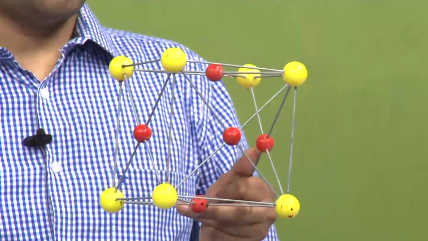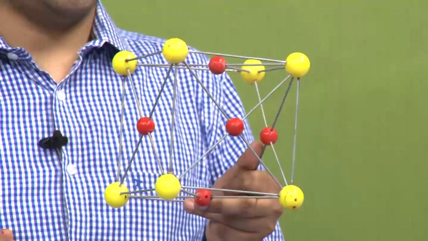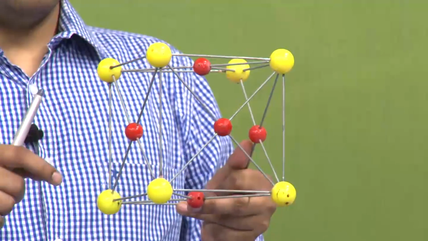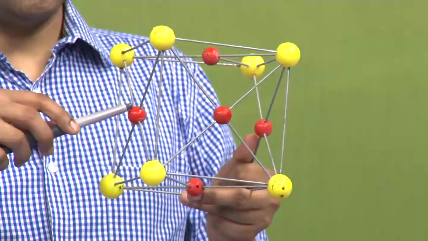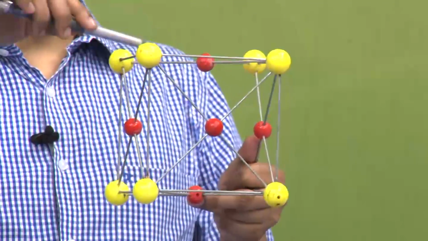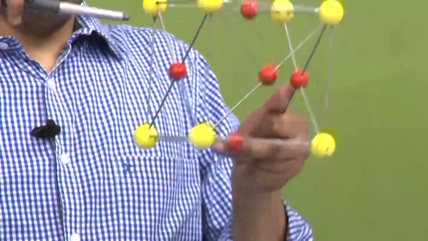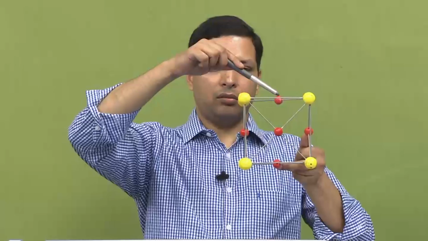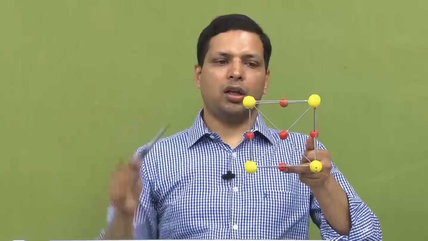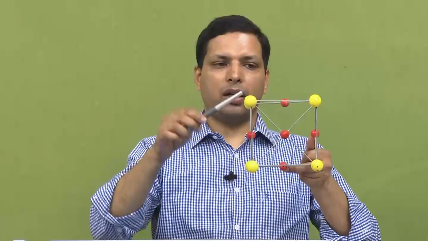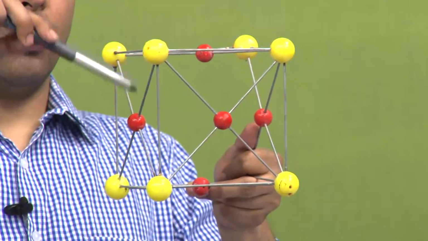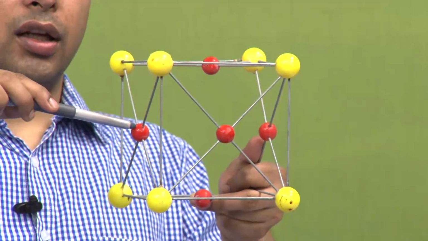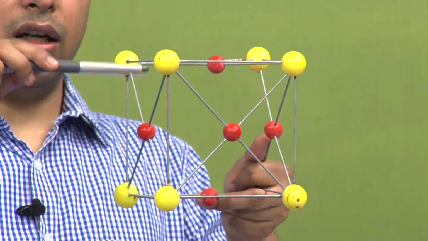Now, where is the tetrahedral void in this? So, first let us look at the tetrahedral void. Remember, this is the same atom, this is the same atom, all these are similar atoms. So, now if you look at it carefully, this atom, this atom, this atom and this atom. Now, what do you see? Does it form a tetrahedral? These 4 together, all of them, remember, are the same atom. Like I said, for the time being, forget the colors, assume that they are the same atom.